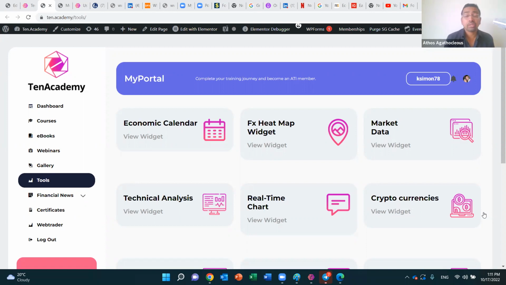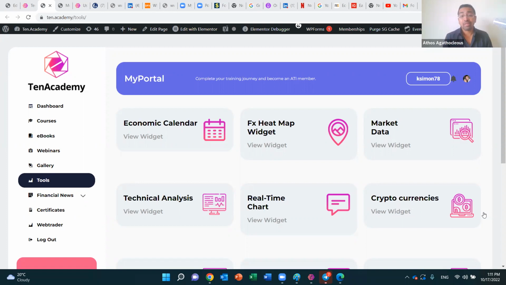In today's topic, today is the 17th of October, 2022, what I would like to touch upon for traders, especially for beginners or any level at all, is to welcome traders to the 10 Academy's dashboard. Now, this is a very essential tool. There are essential tools within the dashboard. The dashboard in itself is your main ingredient to success when it comes to analyzing the markets and researching the market, and we've got various tools that I would like to introduce you to, and we'll just start off with